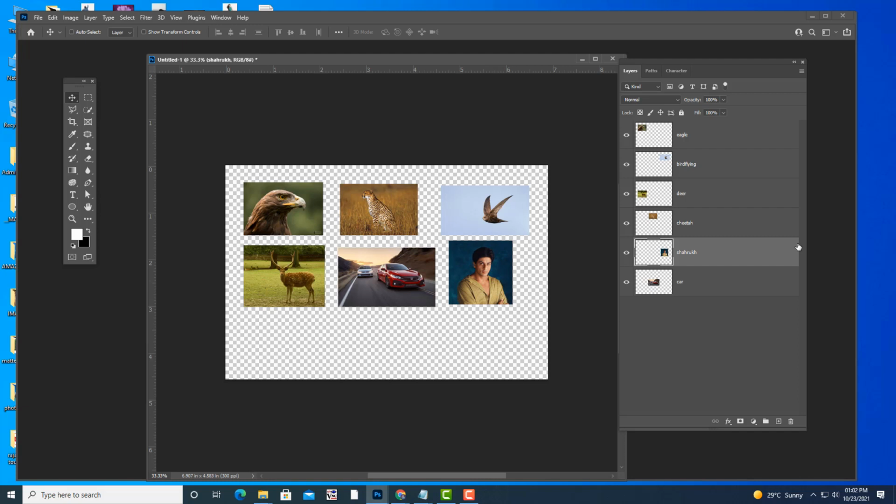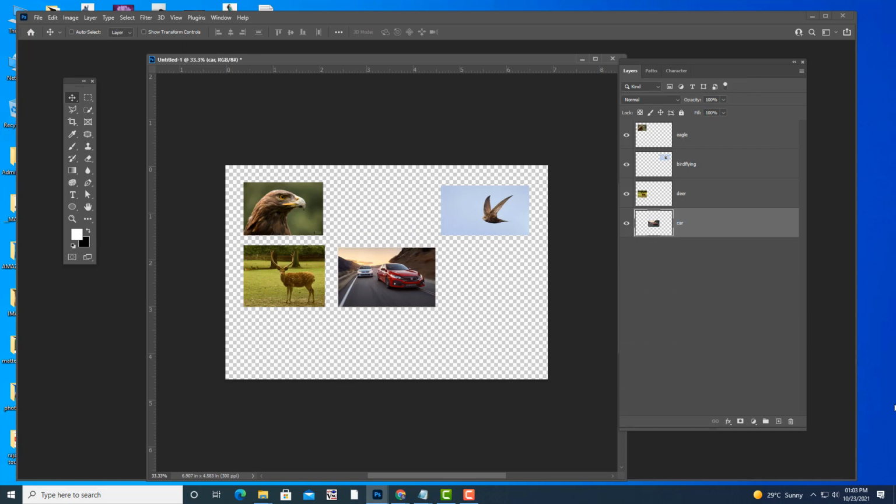See, if you want to delete a layer, normal procedure is simply hit delete. Just by hitting delete, you will be deleting the layer. But the better way of deleting a layer is, instead of hitting delete, you can select that particular layer and drag it on top of this delete layer icon, which is at the bottom of the layers panel. See, this is a better way actually. Like this you can delete.